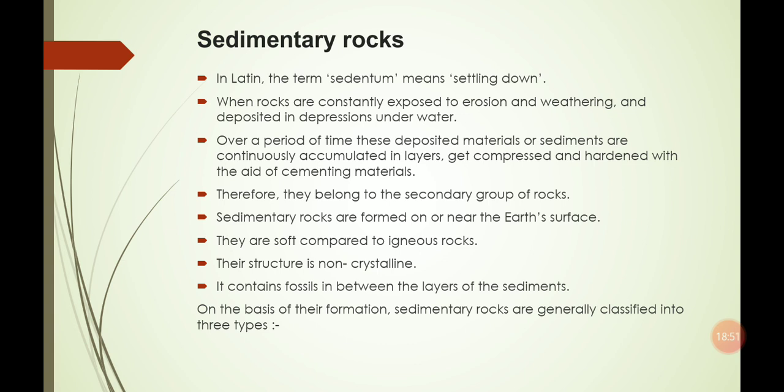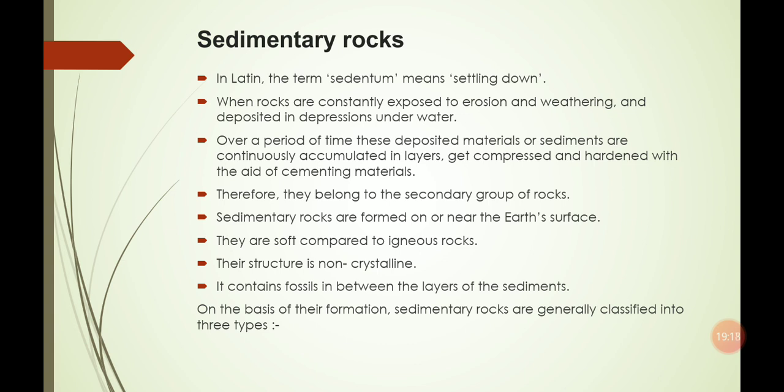They erode those rocks and start making layer by layer, and then it forms the sedimentary rock. And the features we have read: they are from the secondary group. They form near the earth's surface or on the surface, and they are soft compared to igneous rock. They do not have